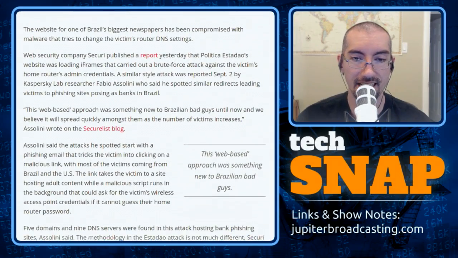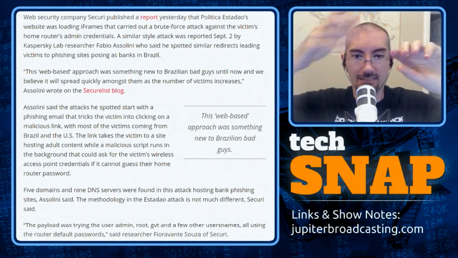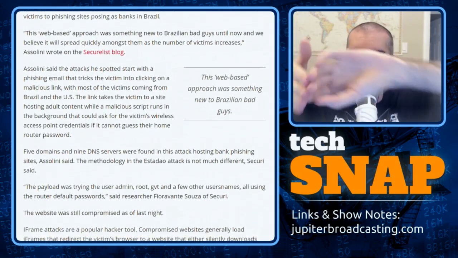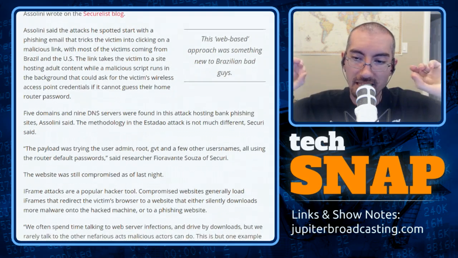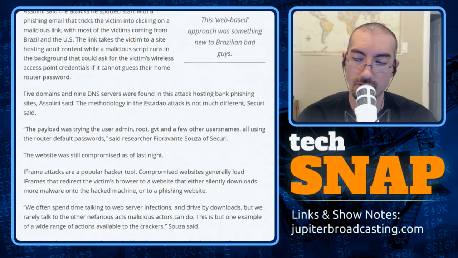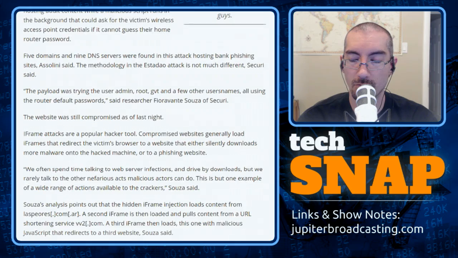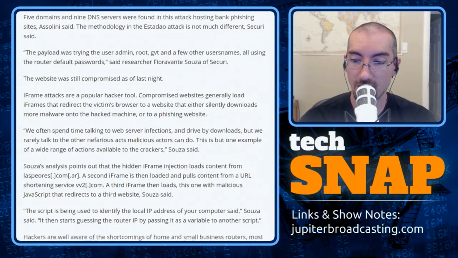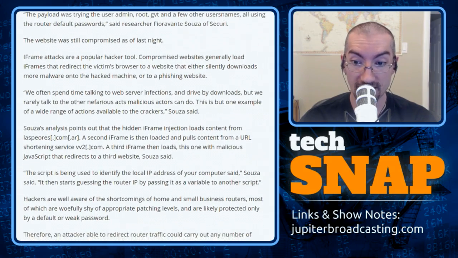They said they found 5 domains and 9 different DNS servers that were used in the attack. So basically, what they would do is embed the URL http://username:password@your router IP/a string, and that string, for a bunch of different models of router, would be the page that controls the DNS servers you use. Aha! And they would change those to be theirs. So once your DNS servers are changed, if you try to go to certain banks or other websites that they want your credentials from, you would actually go to their server instead, right?